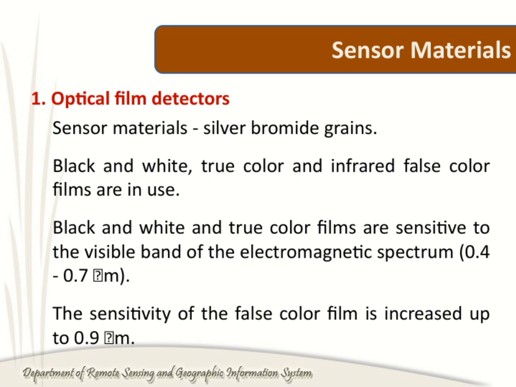Black and white, as well as true color films, are sensitive mainly to the visible band, which ranges roughly from 0.4 to 0.7 micrometers. This means they're optimized for the wavelengths our eyes can see. On the other hand, false color films, those used to capture infrared images, have increased sensitivity, extending up to about 0.9 micrometers. This broader sensitivity range allows for capturing more information beyond visible light, which is especially useful in various